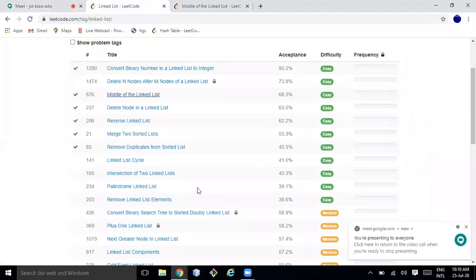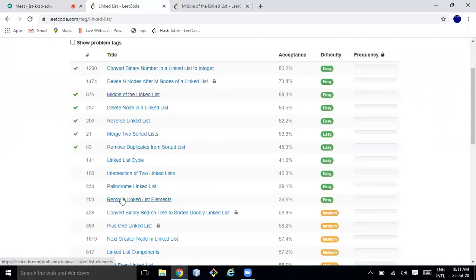I don't see many problems in the case of linked list. Very few problems are there, so we can solve all the problems. Maybe today or by tomorrow we'll finish all the easy problems of the linked list. And doubly linked list and circular linked list, I don't think they are too complex. It's only a small thing, I'll just explain it, and you will see the maximum problems will be related to the singly linked list only. So try to solve more and more problems of the linked list, and at the end I'll give the concept related to doubly linked list and circular linked list, and then we'll jump to the next topic.